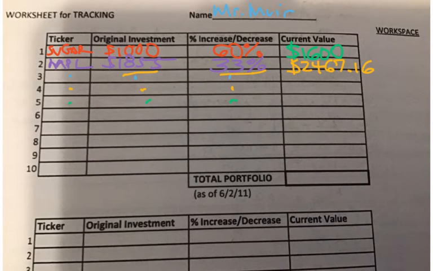Then obviously I'd have to do that for whatever other commodities or stocks I owned. Because remember, I had to have at least 5. And I know on the original thing I had 6, but I'm not doing all that. And then what I'd do is I'd add up all my current values and come up with some sort of total. Let's say it was 12,304 and 67. I'm just making that number up. Now it's this that I have to focus on